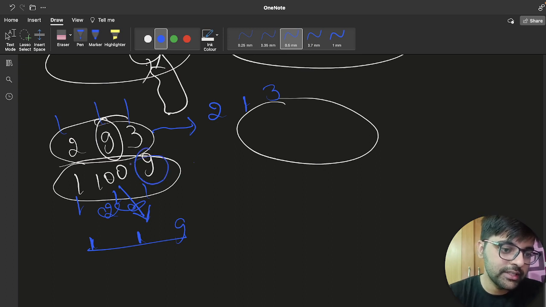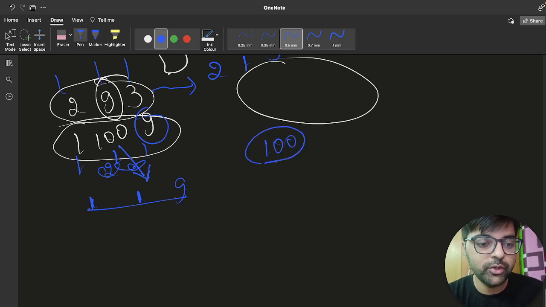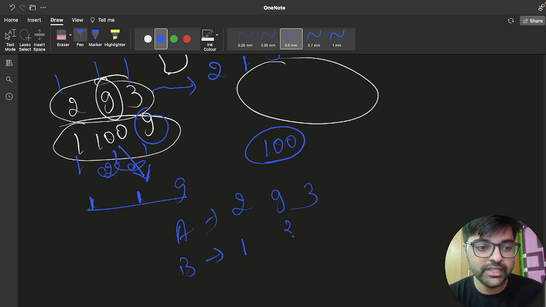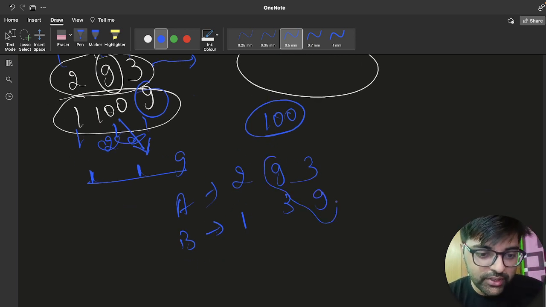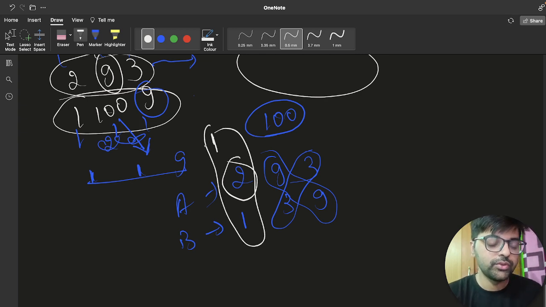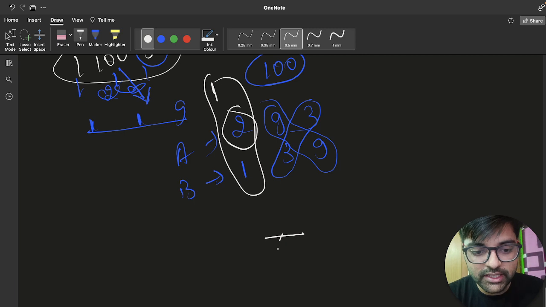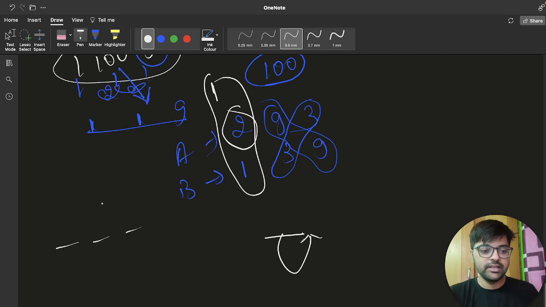So we don't know where this will match, but let's consider that there is 100. So we applied one operation and we got 3. So our array A was this 293 and our array B is now 100. We replace with 3 and we got 9, right? And now you can see that this 9 will match with this, 3 will match with this, and again we will have to make it 1 and then this will match. So what I will do, let's say some bigger number gets transformed into a smaller number, but it might be the case that it might not be present in A, it might be matching some transformation of it, right?